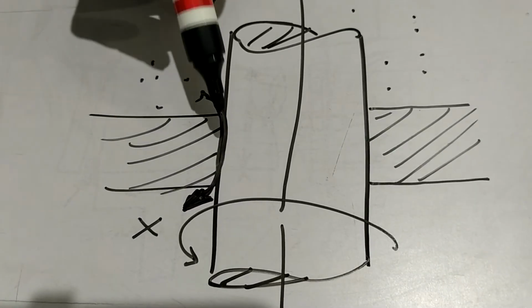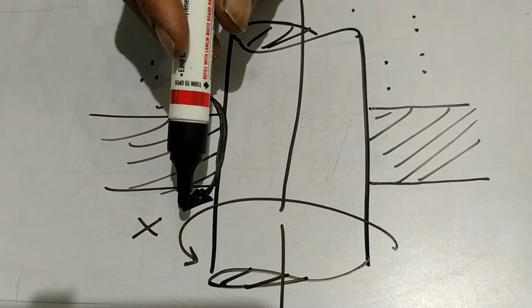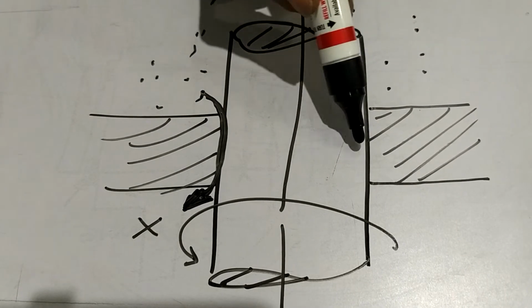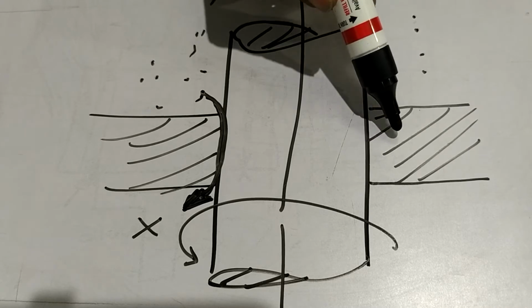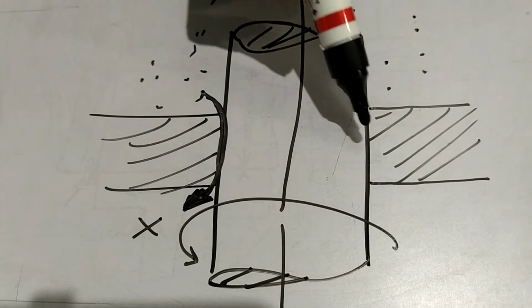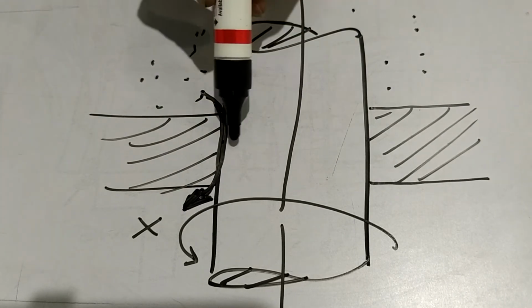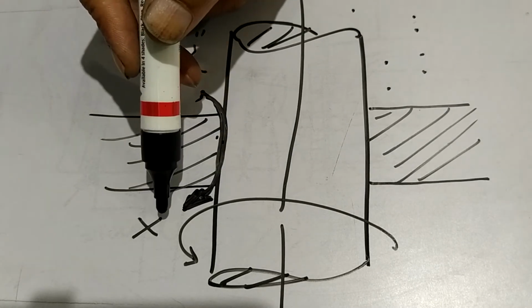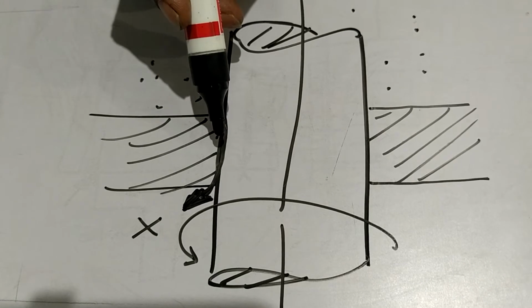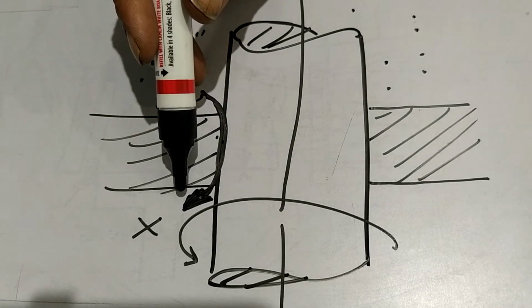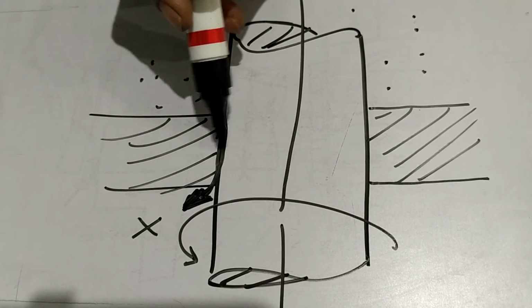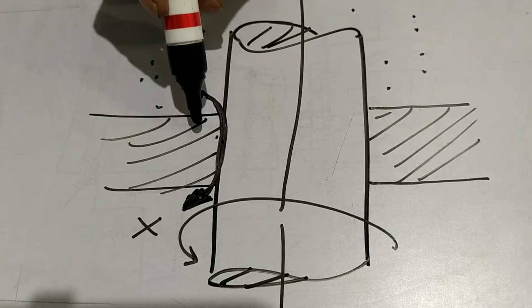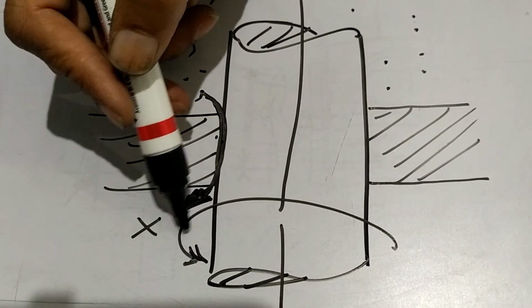See, first of all, you will see that because the shaft has to rotate, there has to be a clearance here. You cannot fit it tightly. If it is very tight, then it will not rotate. So you will keep some clearance here. The moment you keep clearance here, what will happen is the oil will leak from here. So you want to achieve both the things. You don't want the oil to leak, and at the same time you want it to be tight enough so that oil will not leak, and it should be free enough so that it will rotate also.